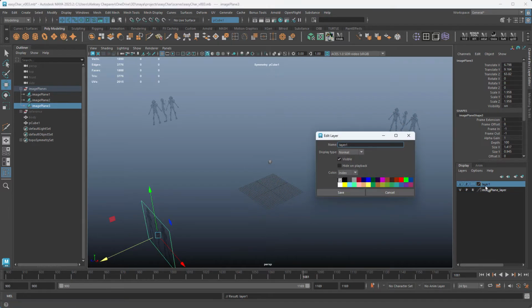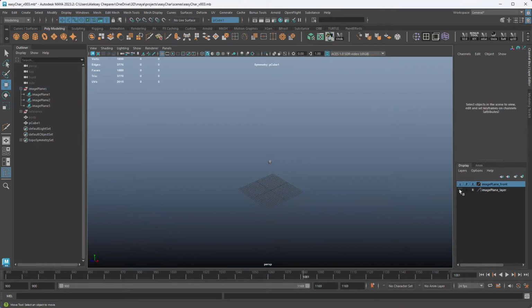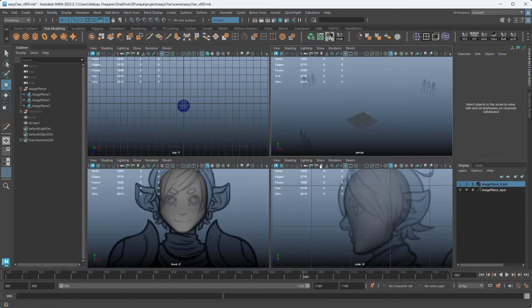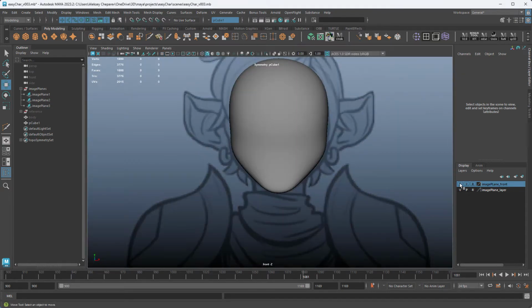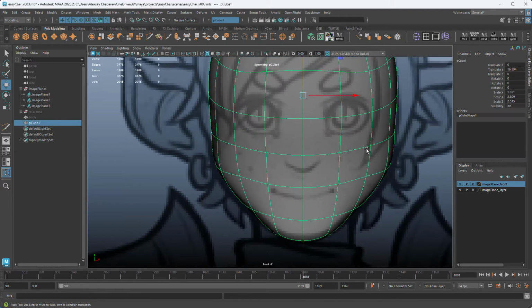I'm going to call this layer image plane front, like that. Click save, set this to R, and then if we hide all the layers, they all hide, or we can leave this one. This is the front layer, and because it's transparent, it stays on top, and now we can see through it. So we have a line for the eyes here, which is great.